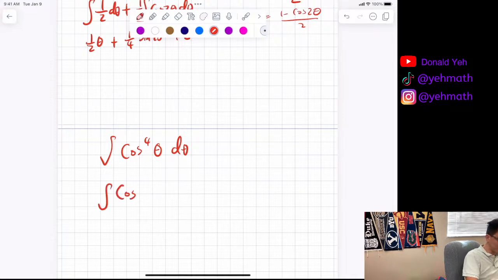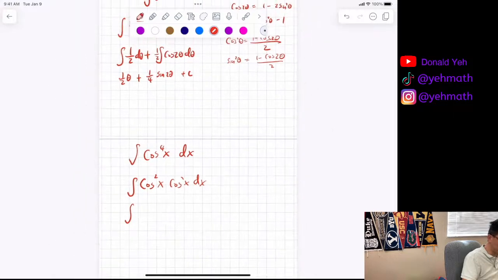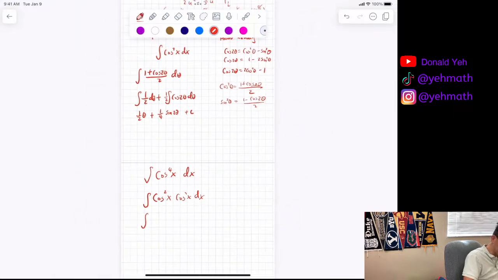So cosine, I should use x. I hate theta. Sorry, let me use x, since I can change it now. Cosine squared x and cosine squared x. Remember, you're not trying to do u substitution. You just try to change the cosine, and then we can convert it to the other form, which is 1 plus cosine 2x over 2 times